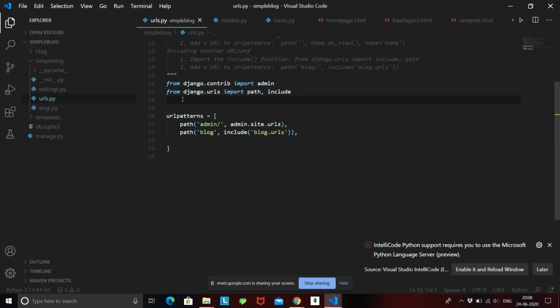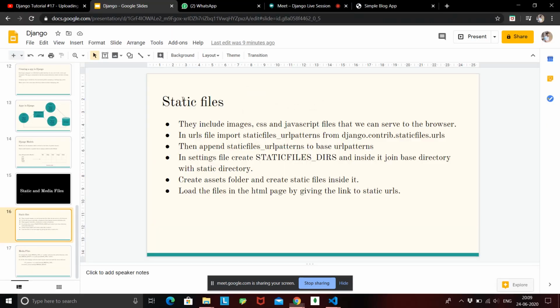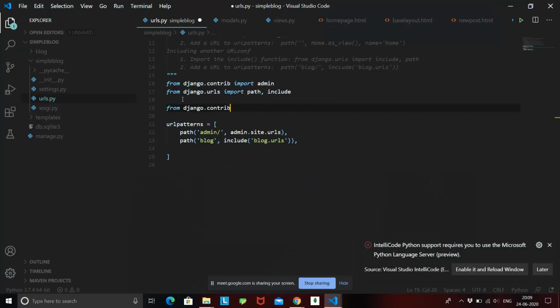The package that we need to import is from django.contrib.staticfiles.urls import staticfiles_urlpatterns.